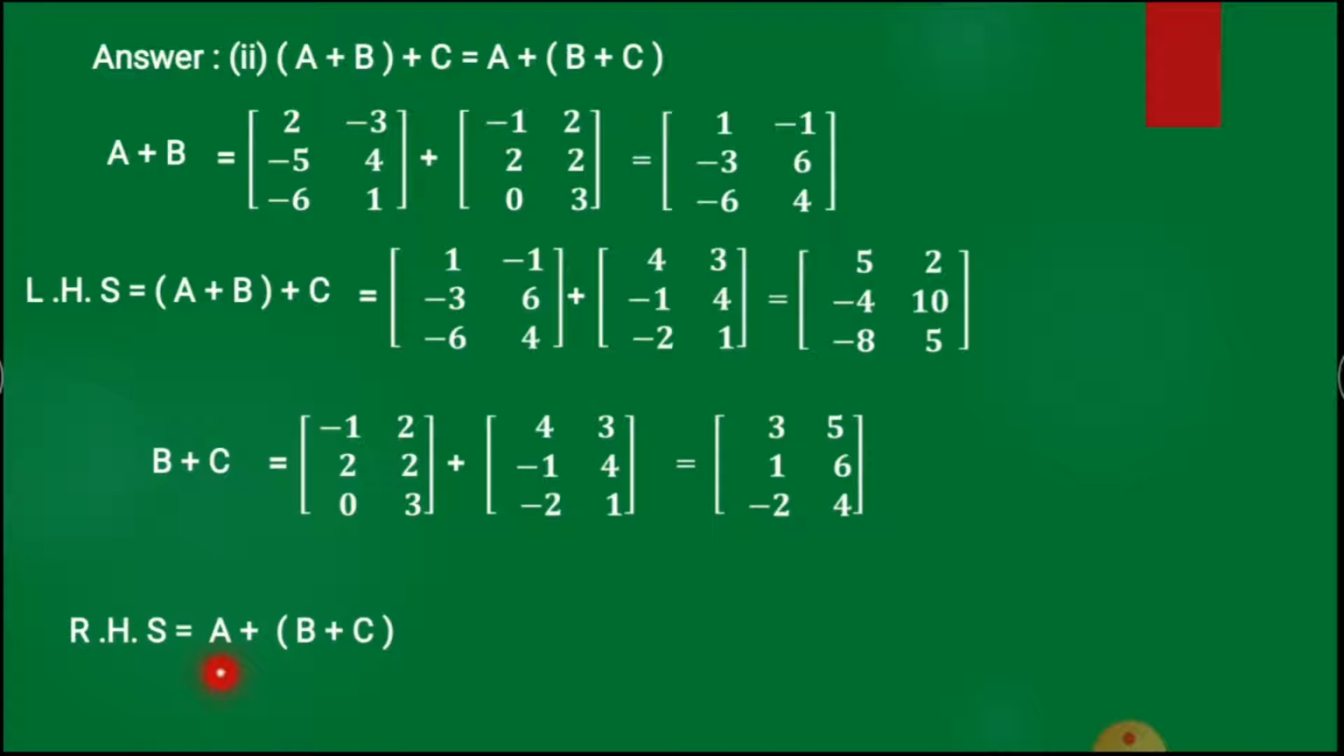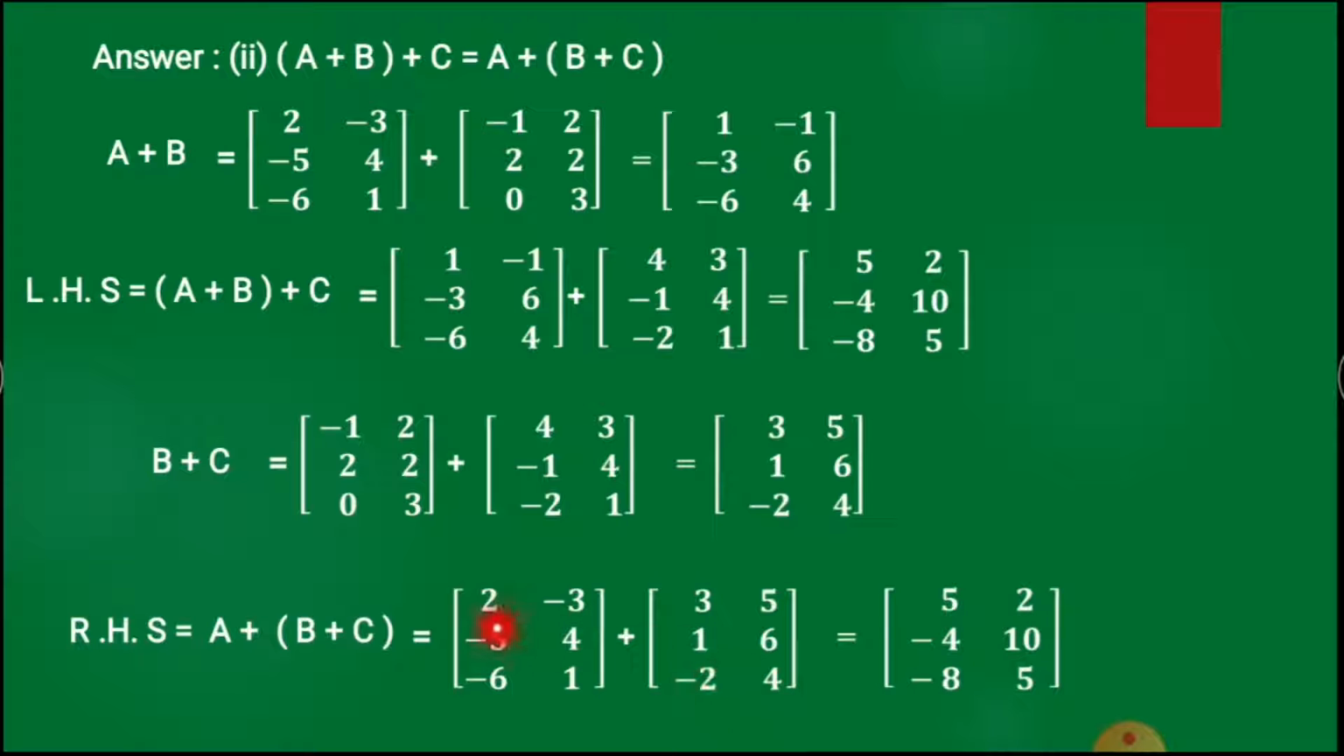So we write RHS equals A plus B plus C. Now substitute the value of matrix A and add with matrix B plus C. So we substitute A and the value of this calculated matrix B plus C here. Then add the corresponding elements. So we get 2 plus 3 as 5, minus 3 plus 5 as 2, then minus 5 plus 1 as minus 4, then 4 plus 6 as 10, minus 6 minus 2 as minus 8 and 1 plus 4 as